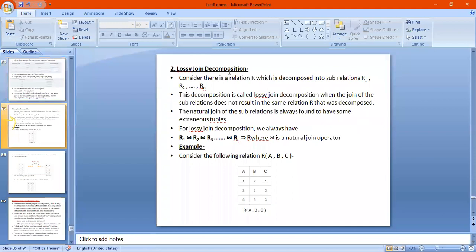Lossy join decomposition. So the second one is lossy join decomposition. Consider there is a relation